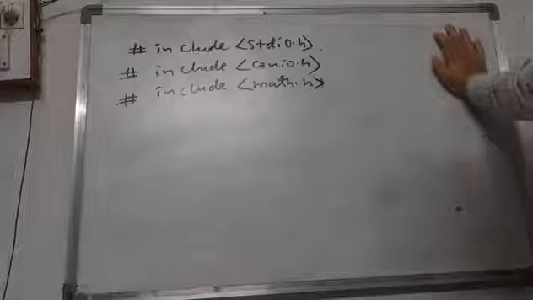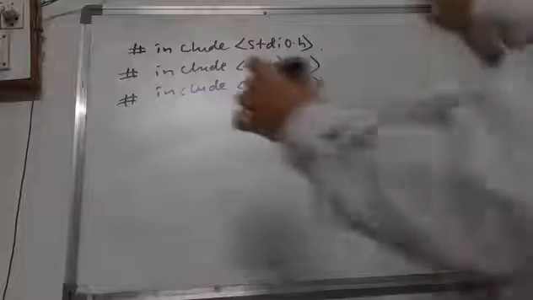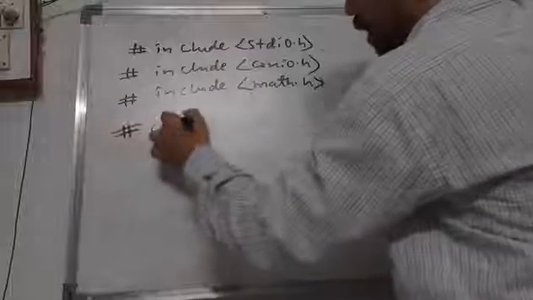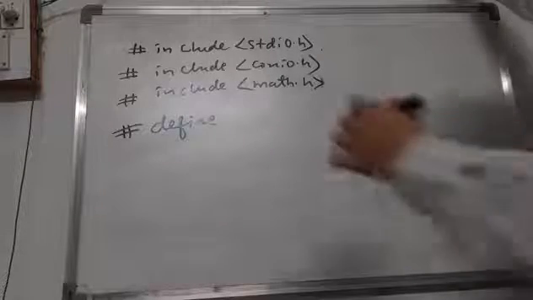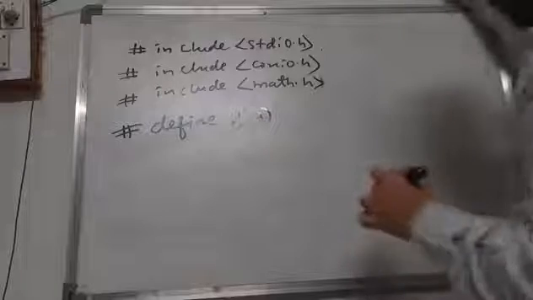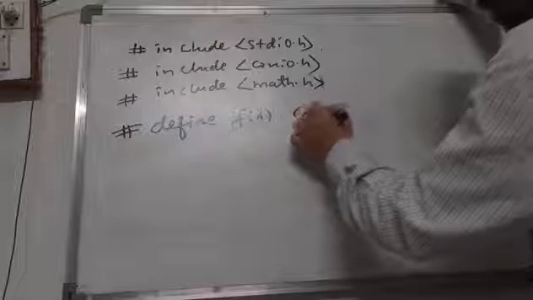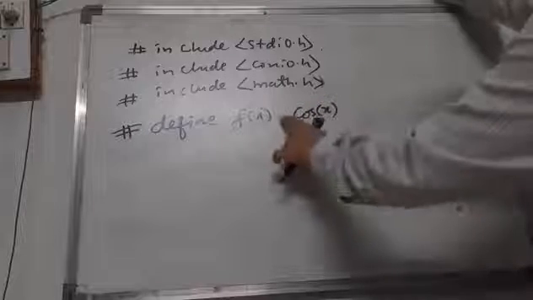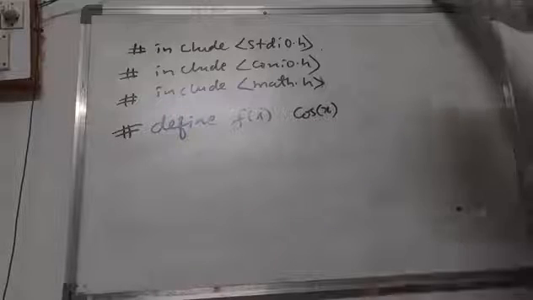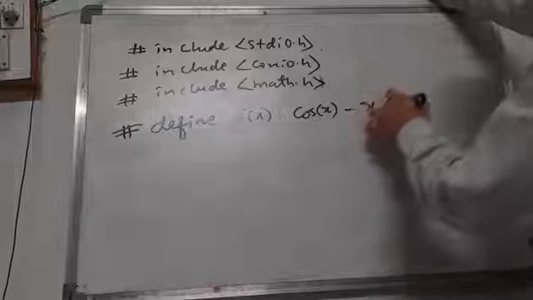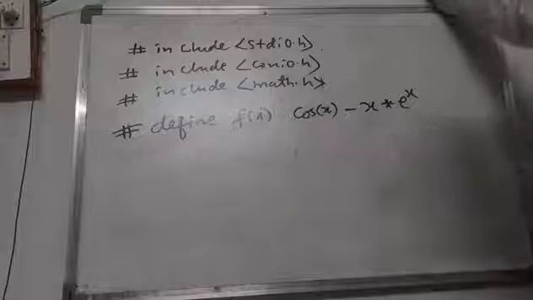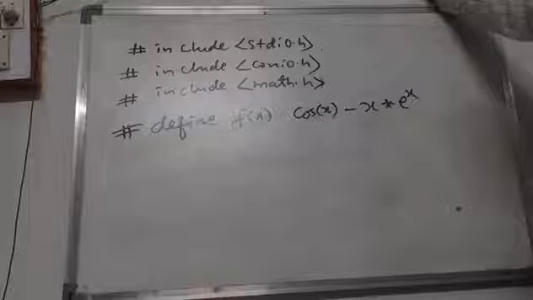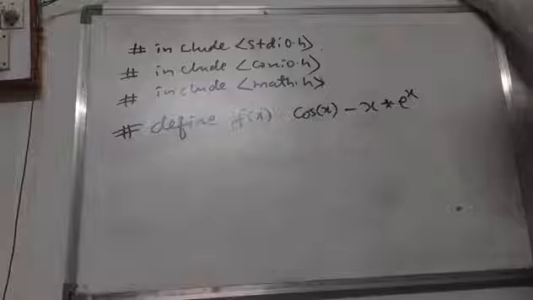నెక్స్ట్ we are going to define one equation. ఓకే, సో మనం ఒక కొత్త ఫంక్షన్ డిఫైన్ చేస్తున్నాం కాబట్టి #define. Whatever the given function, that is f of x function, we are going to define. That is f of x that is equal to cos x. ఇక్కడ is equal to వాడద్దు as defined లో. Okay, we can give just space and leave it. So f of x cos x minus x into e power x. ఇది ఒక ట్రాన్స్‌సెండెంటల్ ఈక్వేషన్ తీసుకుంటున్నాం మనం. f of x, cos x minus x into e power x, ఇది ఒకటి తీసుకుంటున్నాం.